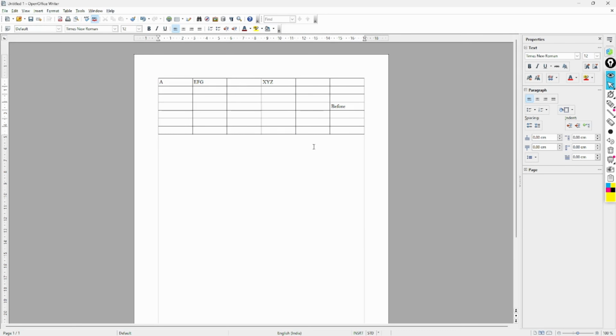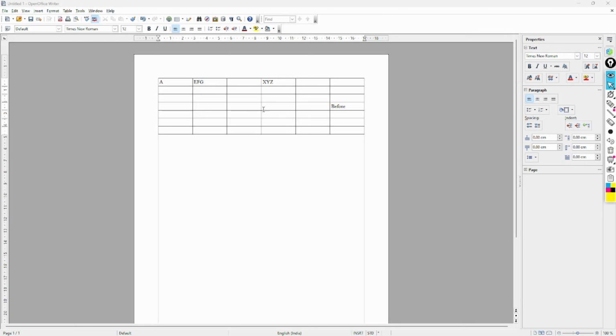In this way we can add columns and rows, but there are 2 positions. Columns have the option before and after. After means right side, before means left side. Rows have the option before and after. Before means upside and after means downside of a row.